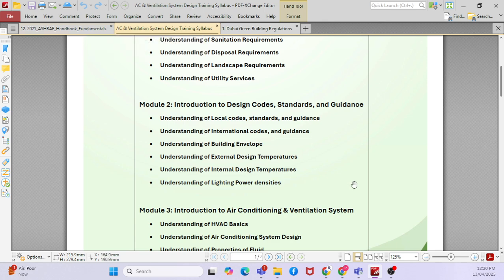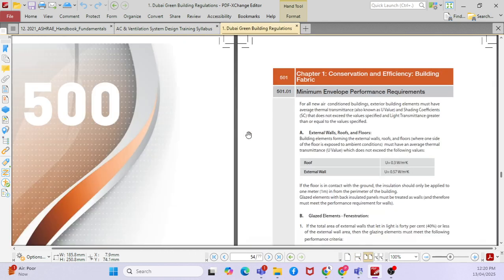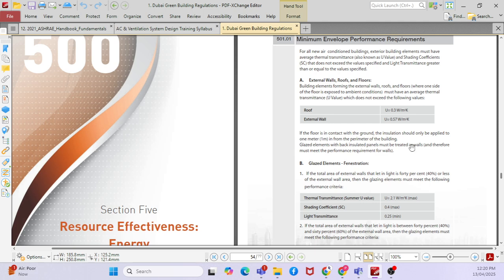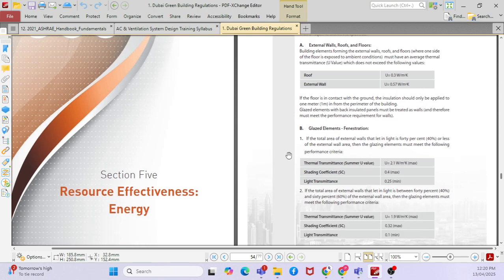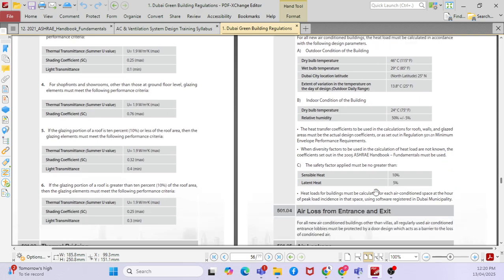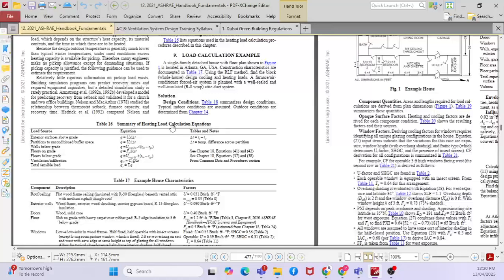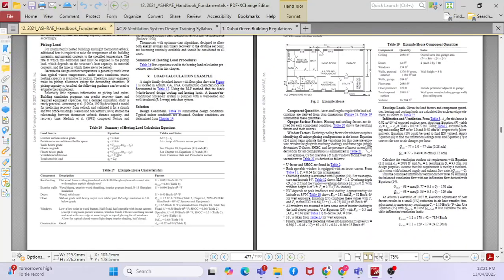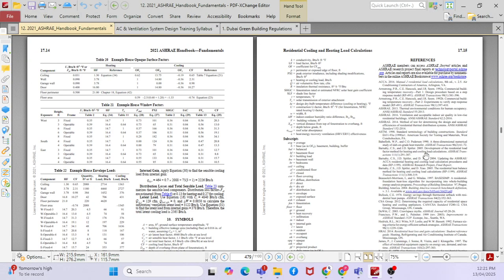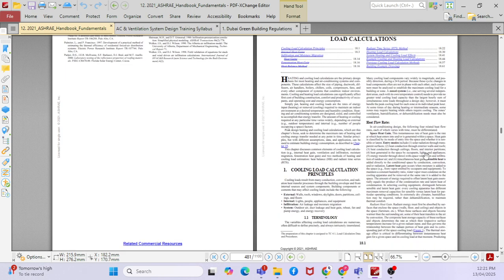Now, have you gone through the Dubai Building Code Chapter 5 to understand the envelope, external wall, roof, floors? What are the design parameters for the glazing? What are the design parameters? The same thing is given here in the ASHRAE guideline as well. In the ASHRAE guideline you can go through each and every equation. If you go further,